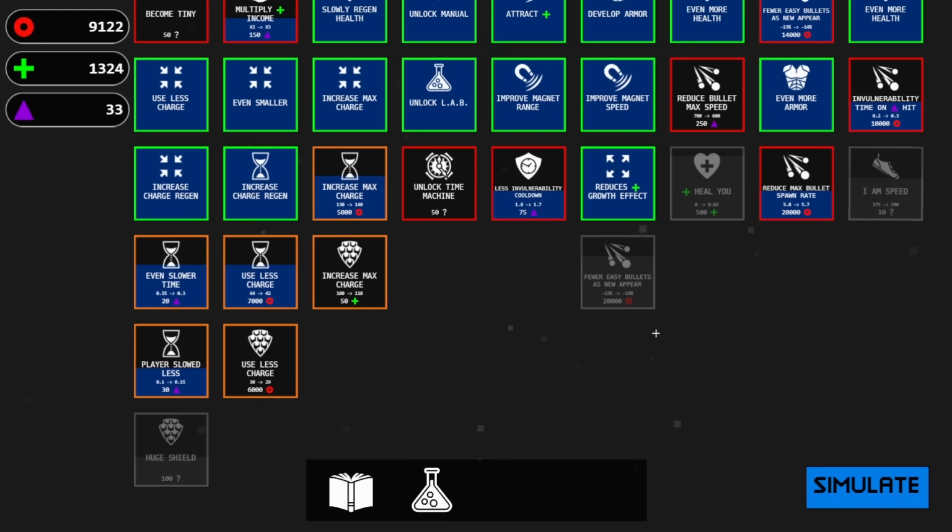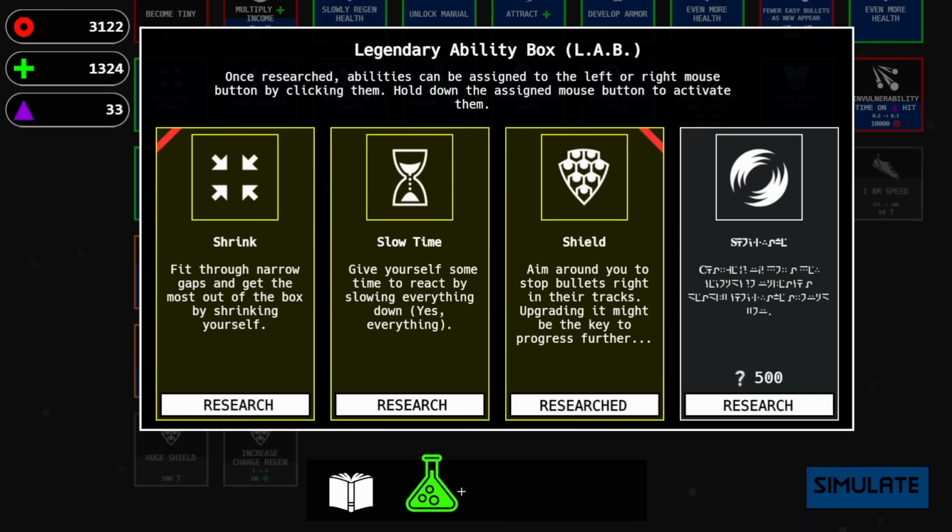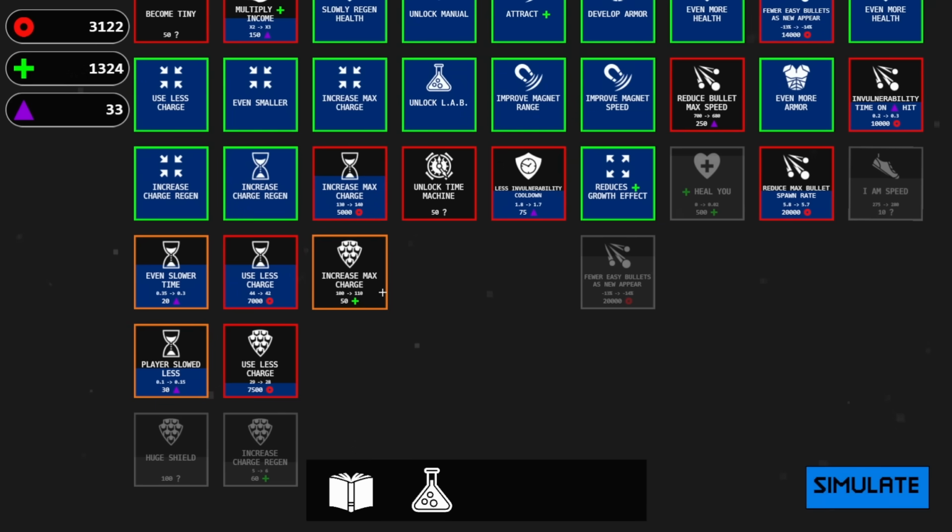Instead of time stop, for example. Max charge. Useless charge. It says aim around you to stop bullets right in their tracks. Upgrading it might be the key to progress further. Unlock challenges. What? Okay, game. Bigger shield, 200. I mean, this is pretty cheap to upgrade, so...